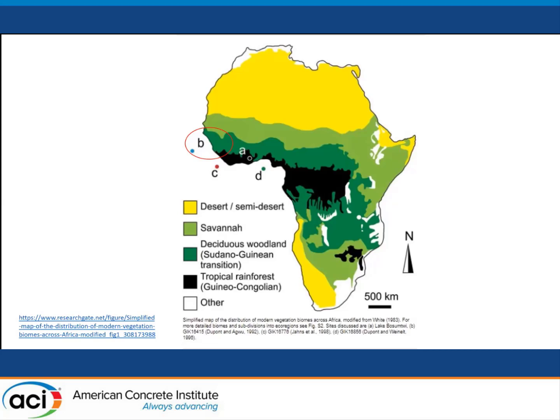So if you look at the map of Africa in general, the black space there is the tropical regions. And that's an area, again, that's very difficult to do a build that is totally adobe in the way that the Nubian Vault is built. And so experimenting where we're located in area, sort of the B area region,